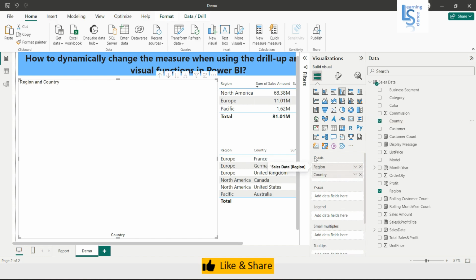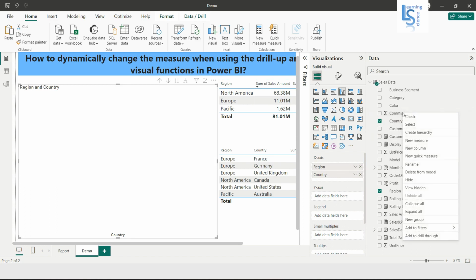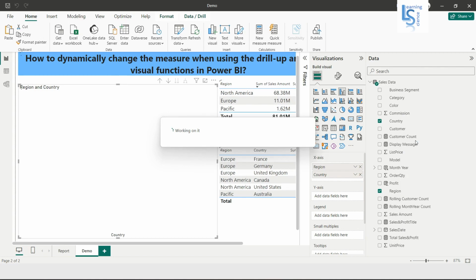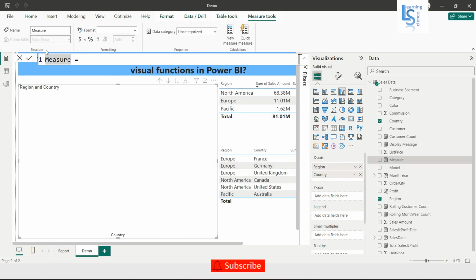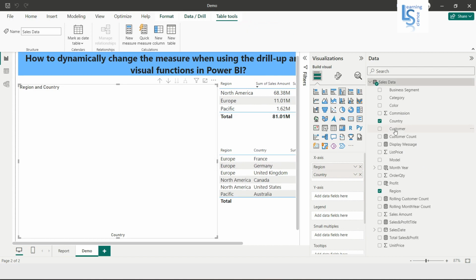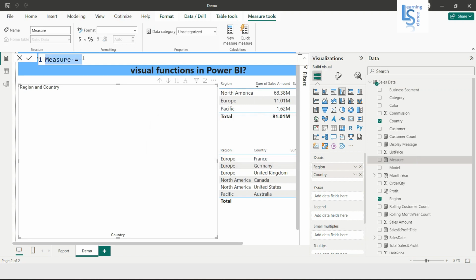Okay. Now I will write one measure. So let me add a measure. I will right click here and I will say new measure. And my measure name is sales and profit. So now what I am going to do,